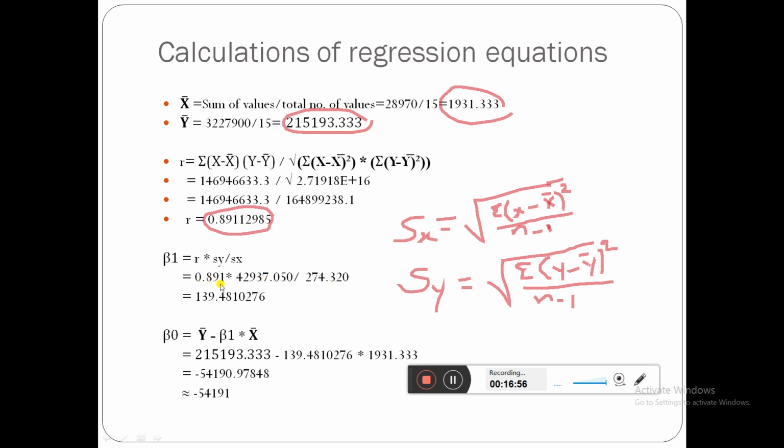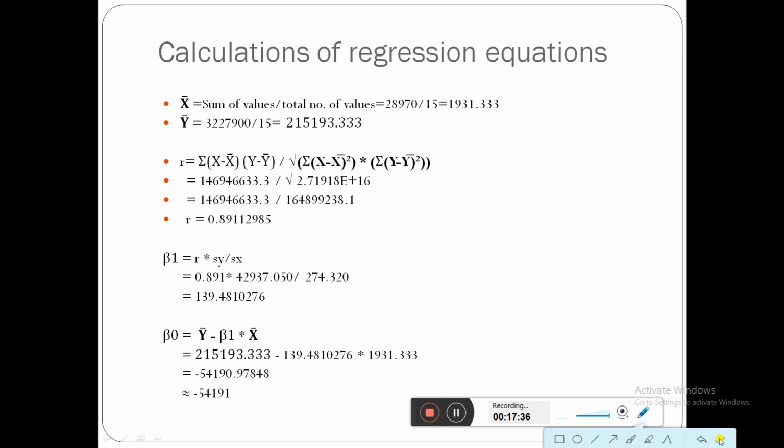We are going to take this r value and find beta 1. Next, we have to find beta 0. Beta 0 is equal to y bar minus beta 1 times the mean of x. These values are already there: this value is y mean, and here it is x mean. We have to fill that in, and beta 1 is the value we found already. Then we'll find this answer. Now we got beta 0, beta 1, and the r value. We have to take these and proceed.